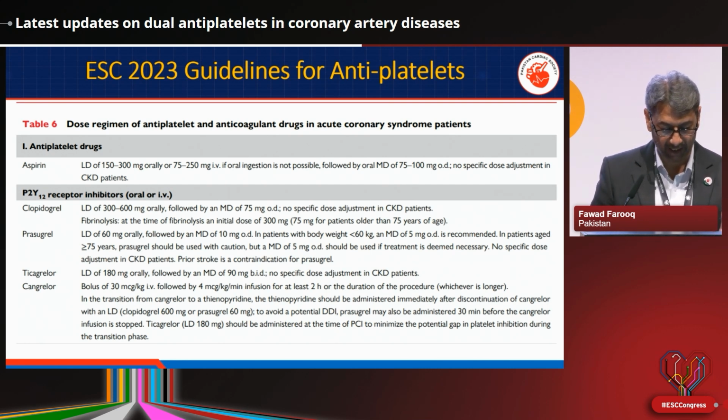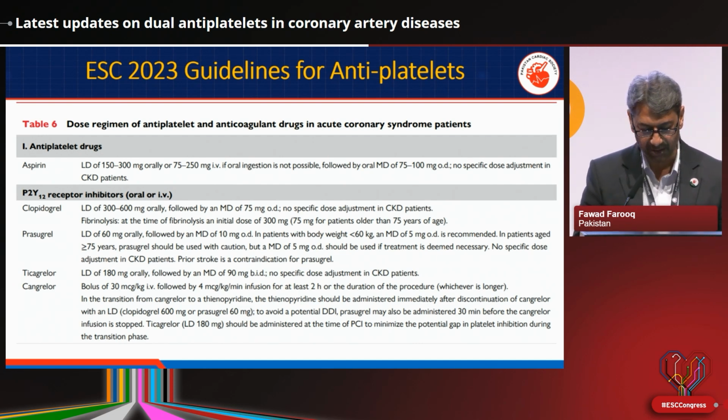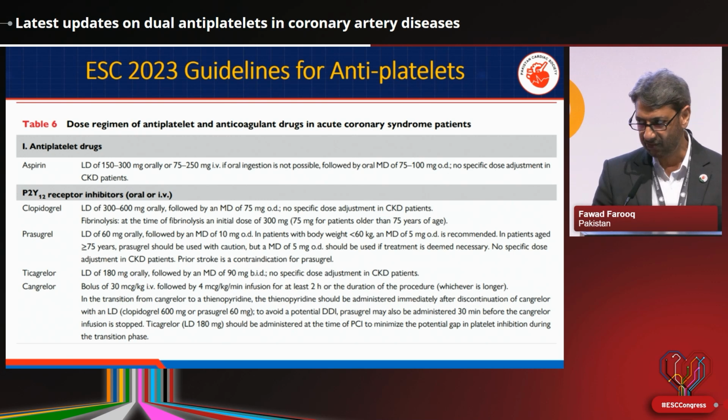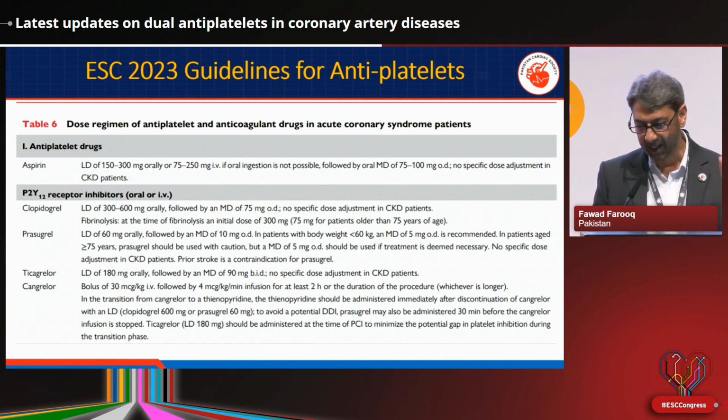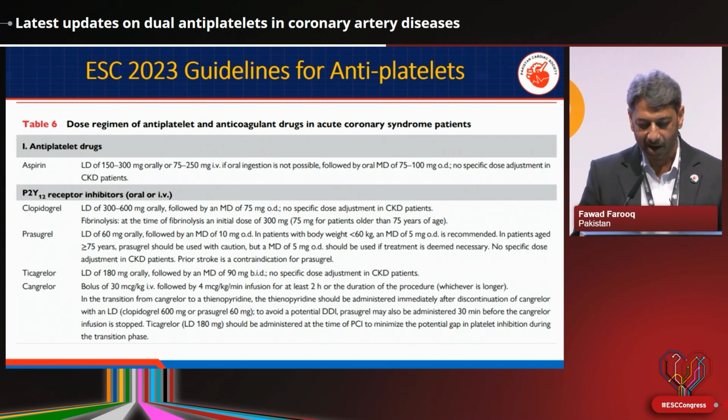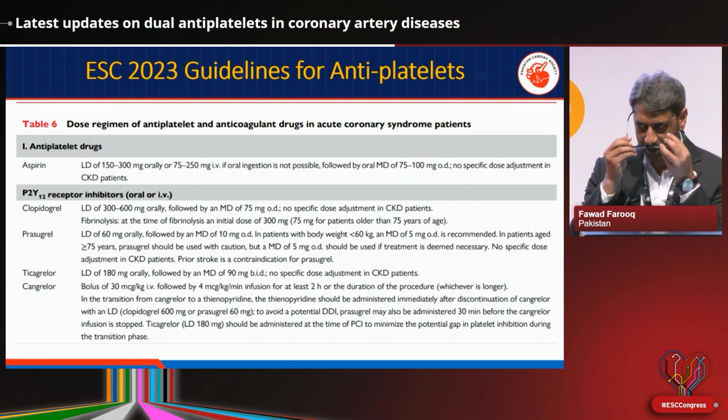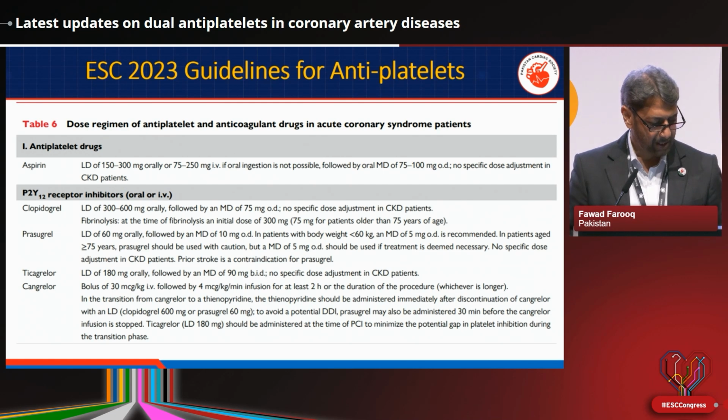So in old-age patients, again, these are the two. And if the patient had a prior stroke, then you can't offer prasugrel. So there are three limitations when you're using prasugrel. Maintenance is 10, but if your patient has lesser weight, less than 60, or is of old age, more than 75, then you have to offer half the normal maintenance dose, which is 5 milligram. And with any prior stroke, you can't offer prasugrel to these patients: an absolute contraindication. Now, ticagrelor: loading dose 180 milligram followed by a maintenance of 90 milligram BD.